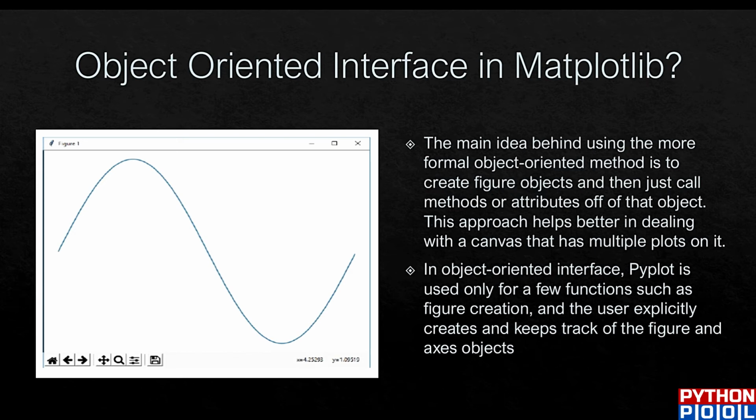That's what we are going to define in this object-oriented interface in Matplotlib. We are going to create one object for our graph, and we could customize that object according to our needs. If we want another axis in that object, we could add that one. If you want another figure, color, mark points, up to what extent we want to customize, we can customize in the Matplotlib graph. So that's what the object-oriented interface in Matplotlib is.